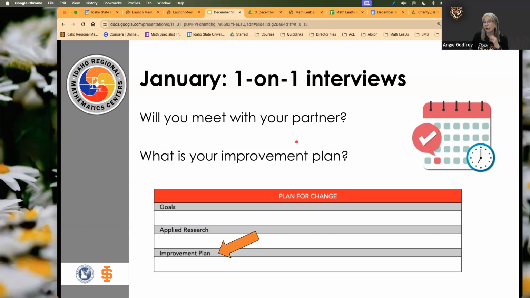So if you're thinking right here, if you've already got an idea, Laurie, I heard you kind of explaining, you've already got your plan kind of figured out-ish. You could start typing it up right in that improvement plan box. Okay, remember, it's got to have your goal, your activities, and how are you assessing? How are you evaluating? How do you know you're making a difference and influencing your peers? Any questions on that?